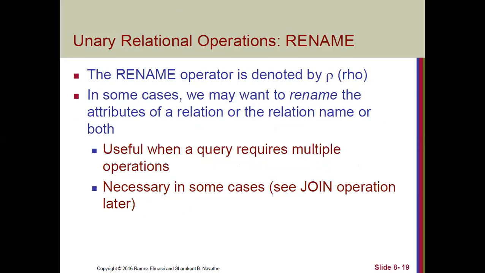So the third operator here, which also qualifies as a unary relational operator, is called rename, which is denoted by rho, the symbol you can see here, pronounced RHO. In some cases, we may want to rename the attributes of a relation, or the relation name, or both. In various algebraic expressions, wherever we have more than one operator, we can use that rho operator